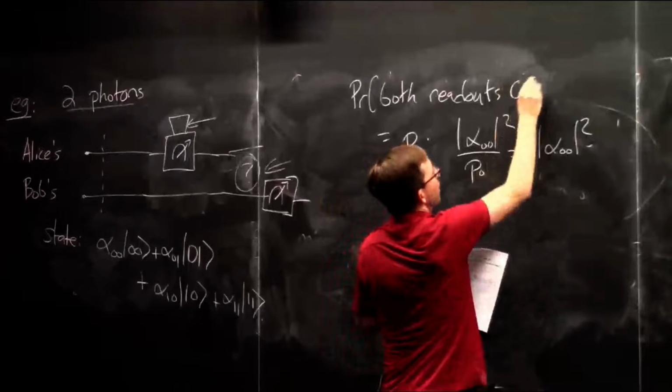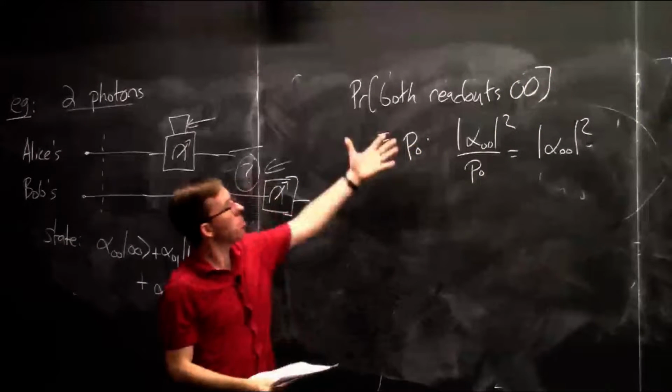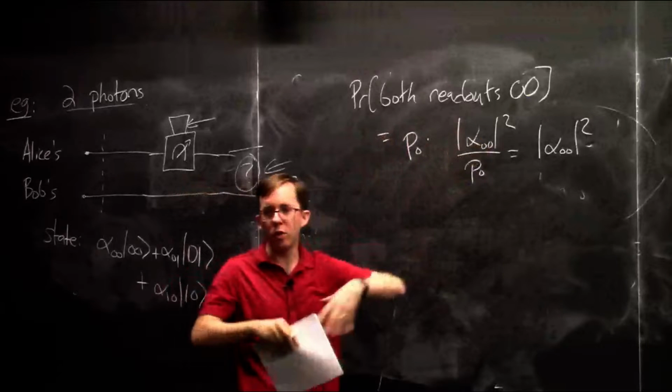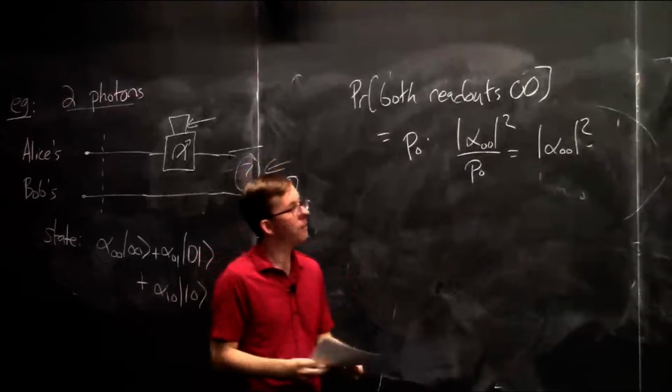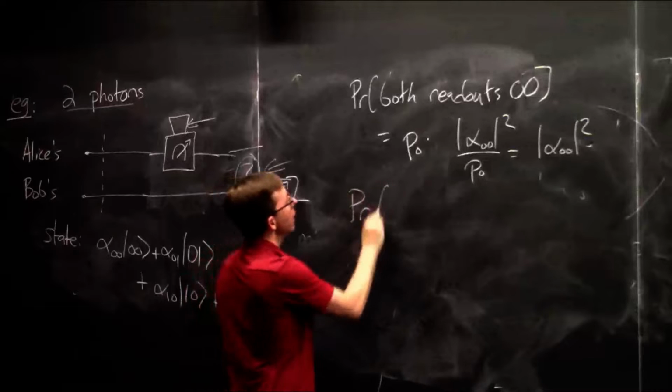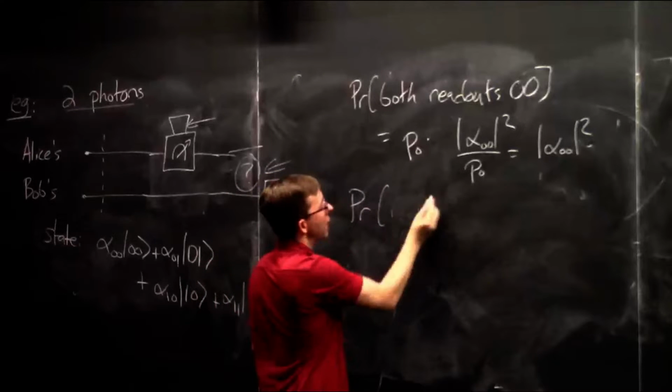And that's exactly what, let me just write it like this: the probability that the readouts give 0, 0. That's exactly the probability that you should see 0, 0 if you use this joint measurement device. Right? And also the probability that the readouts